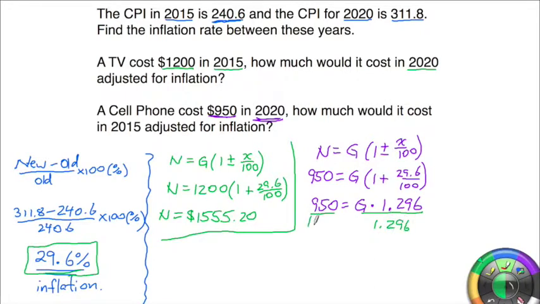Never divide by the number away from the letter, 1.296. And we finally get down to G is equal to, the price in the past should have been about $733.02. So we would say if a phone cost $950 today, back then, 5 years ago, it should have cost $733